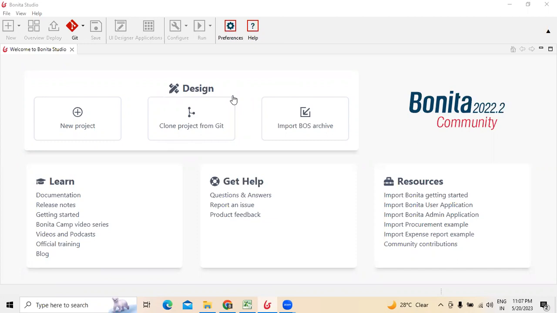In today's video, we are going to discuss Bonita Community, which is powered by Bonita, a business process management tool used to manage business processes. In reference to this Bonita Community,